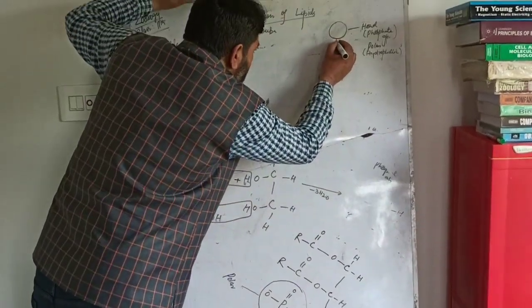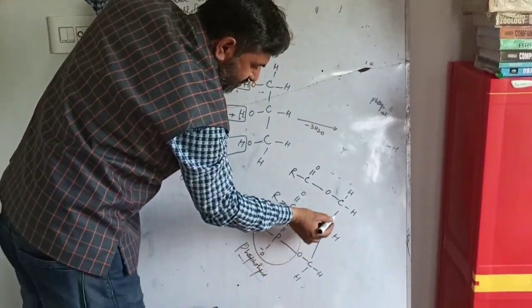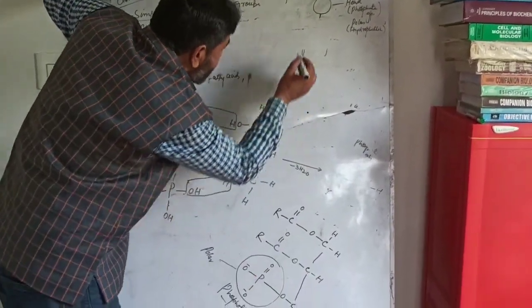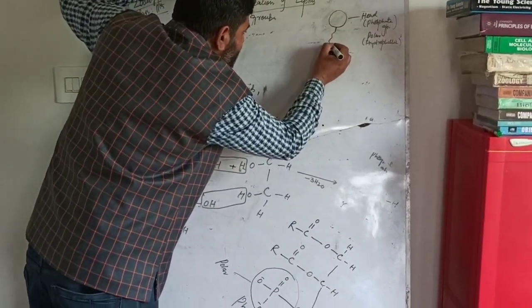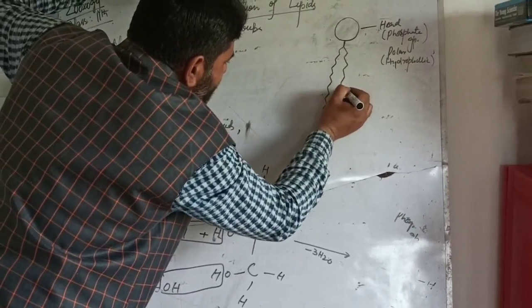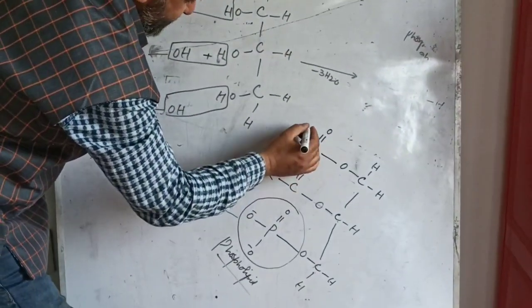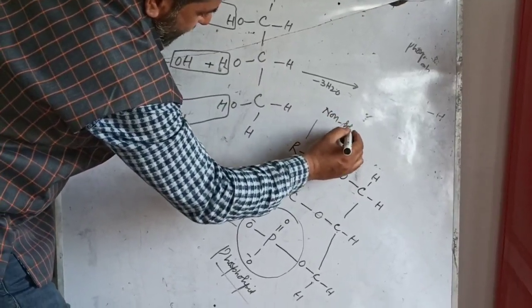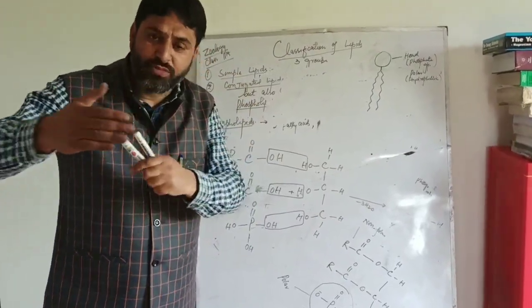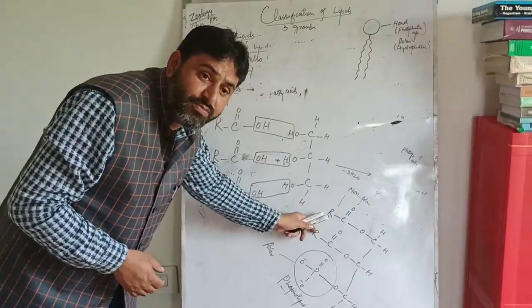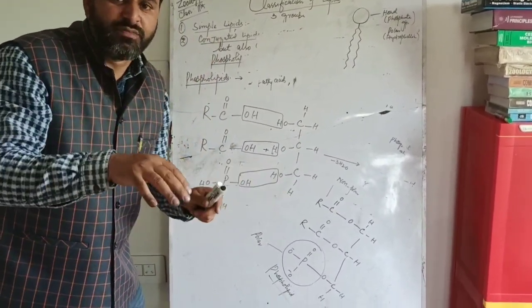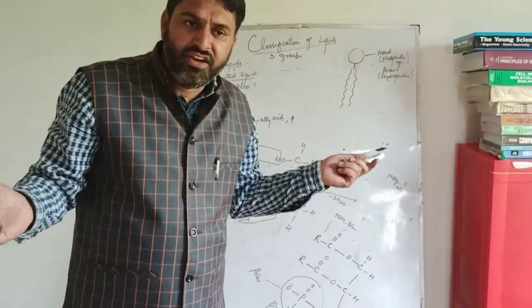Then there is this glycerol molecule. This glycerol molecule forms the neck, and here also the bond is between the same carbon atoms, so it is non-polar. Then there are two fatty acids, one fatty acid and another, tadpole-like tails. Why? Because they have non-polar bonds. These fatty acids are non-polar because there is a bond between the same electronegative atoms, carbon-carbon, since R is represented by a hydrocarbon chain. The bond is between carbon and carbon, same atoms, homoatoms.